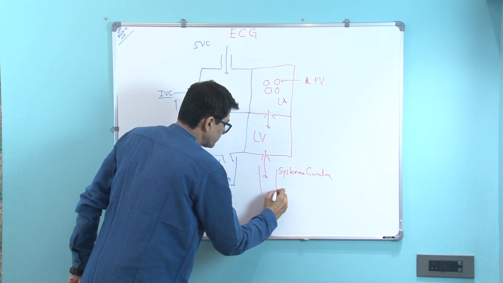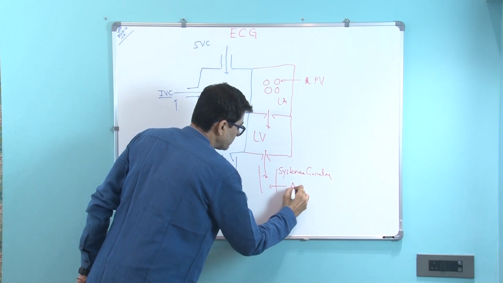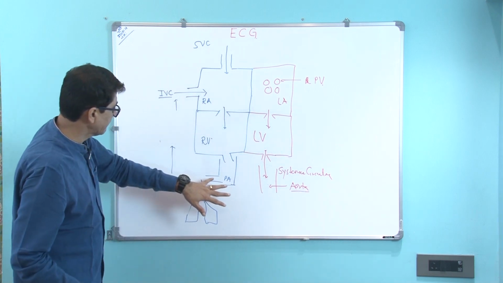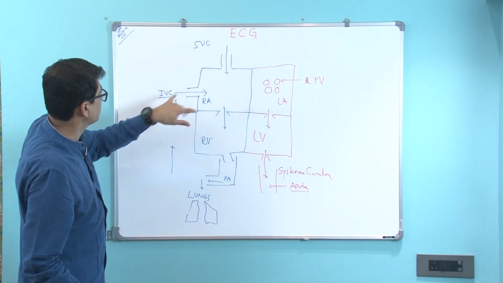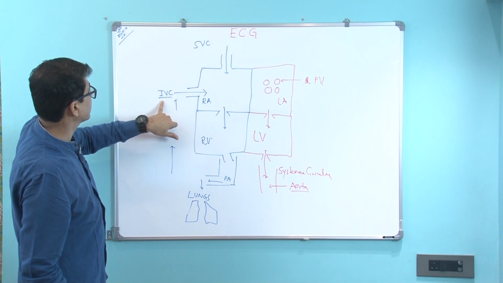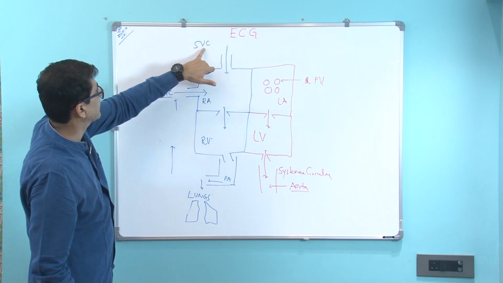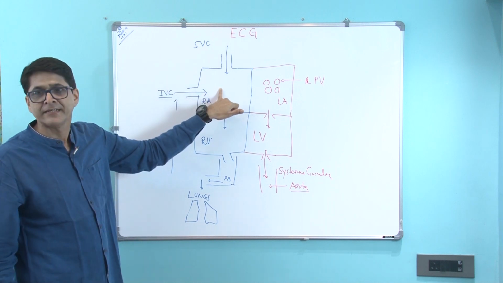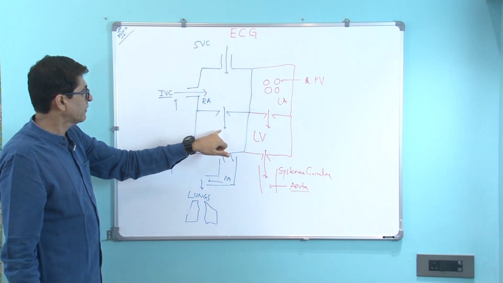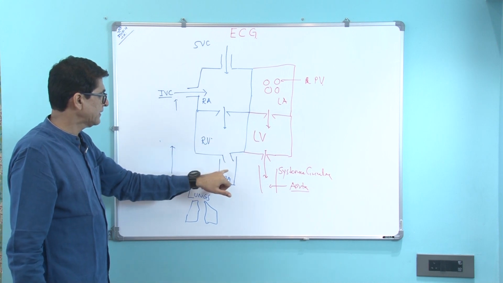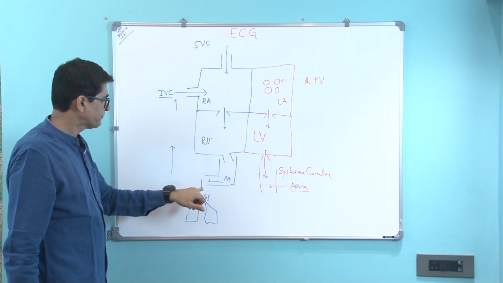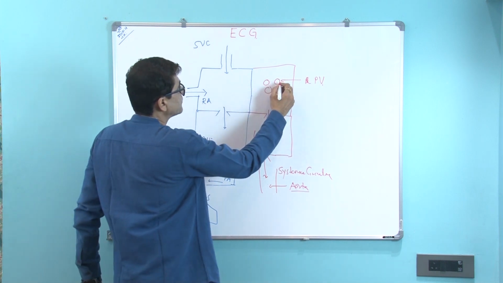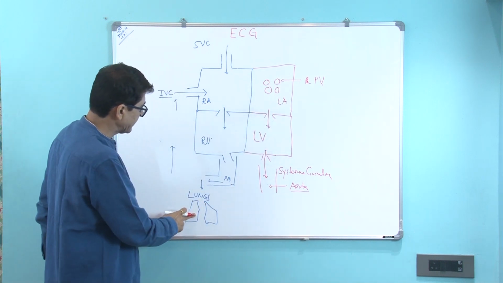So this is the aorta. Blood coming from the lower part by means of the inferior vena cava, and from the upper part of the body by the superior vena cava, will come to the right atrium. From the right atrium it will come to the right ventricle. From the right ventricle, via the pulmonary artery, it will go to the lungs,